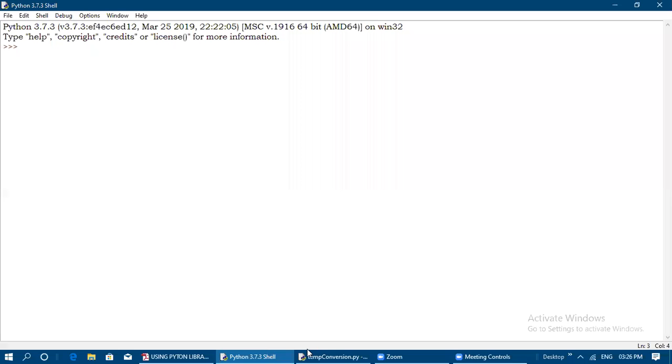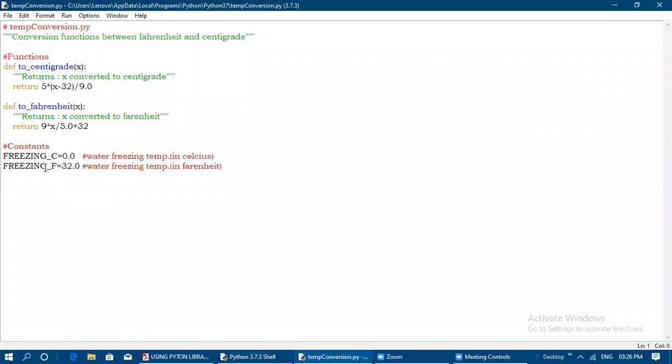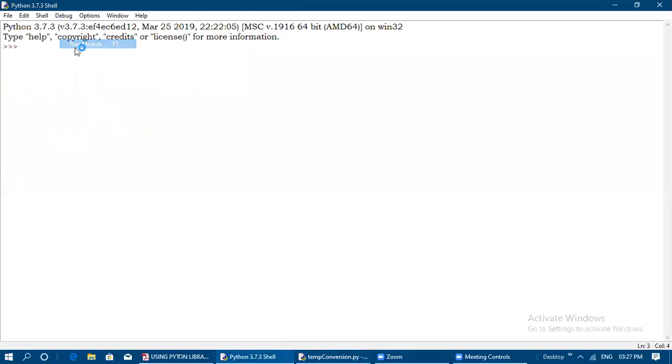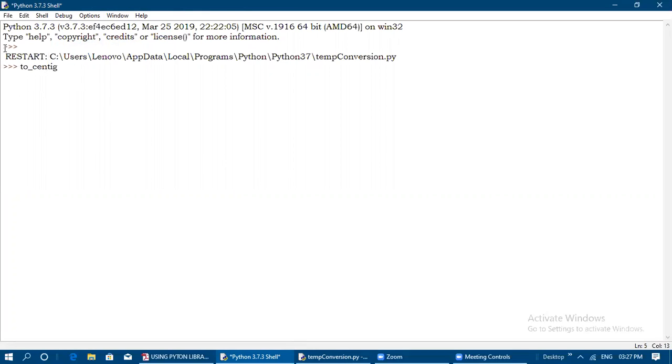Okay, so here we have typed the same program without any changes. Now I'm going to run this module. After running, first let us convert Celsius to Fahrenheit, and then Fahrenheit to Celsius, centigrade. We want to get the centigrade value, so for that we need to pass the value in Fahrenheit. I am passing a floating point value here. So it displays the centigrade value: the equivalent value of Fahrenheit 32 is 0 in Celsius.